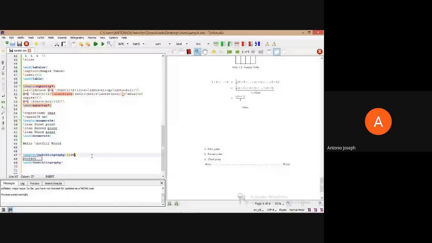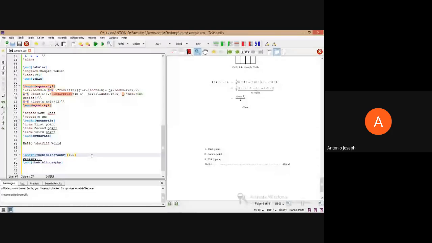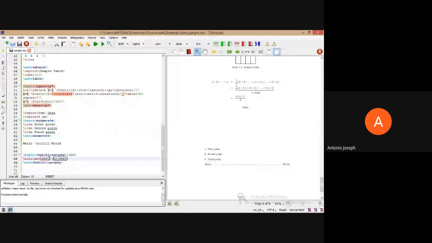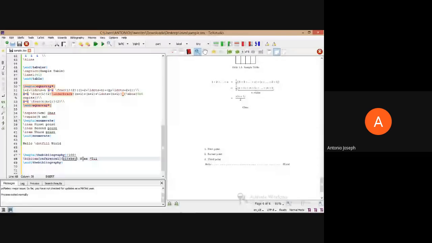Then now, next thing that you want to provide is bibitem. Bibitem can be provided and a label also is necessary. Yeah, second one. So we can provide the label here as reference one. The system is giving a default label. That's it. Okay, reference one, and I am giving as name, then double quotes title, and year.